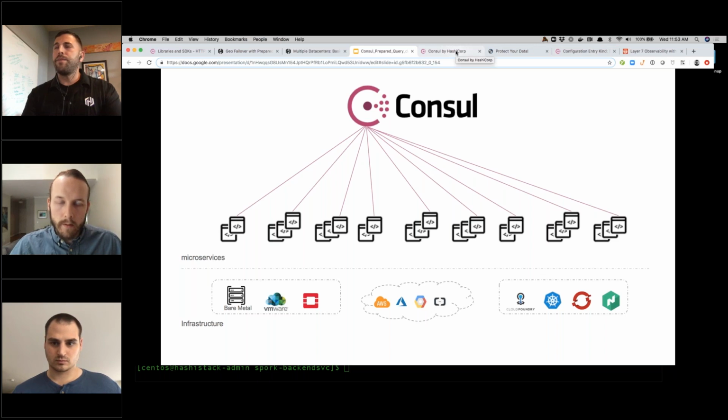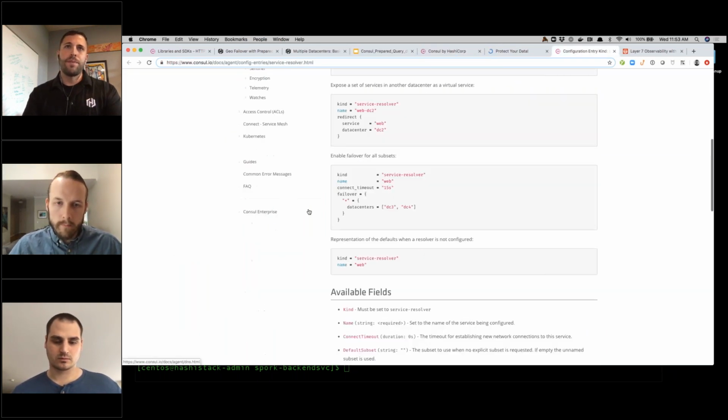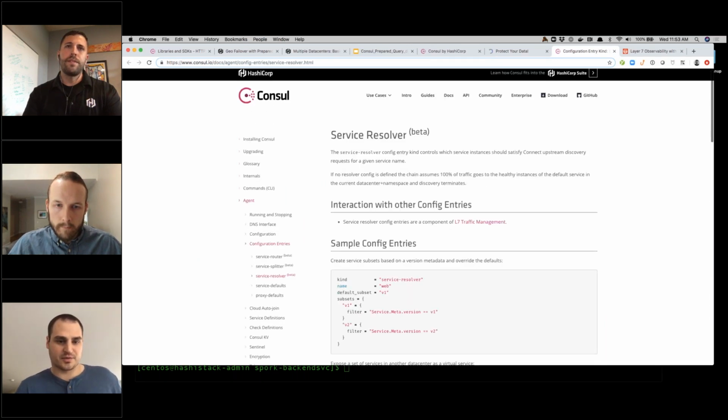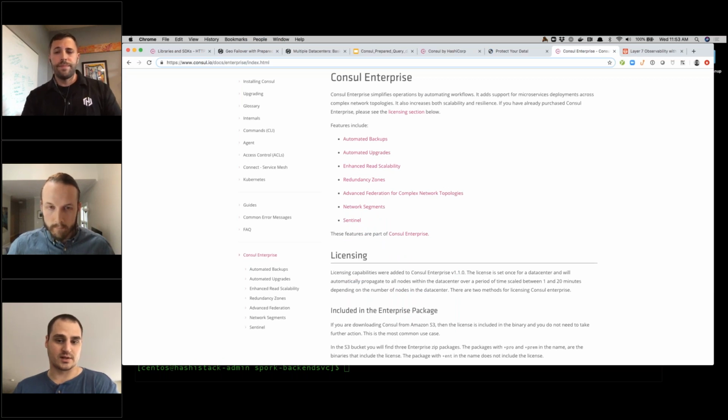Yeah, that's not really what I was trying to point out. Let me pull this up real quick. Yeah, I mean, there's a couple things there. The main one is, in open